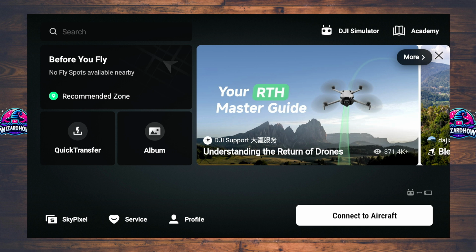Now I assume that you already powered on your controller RC2. Now what we are going to do is, from the main landing screen of this DJI Fly app, tap the profile button at the bottom of the screen. So this is basically the DJI Fly app, so you can follow along also on your mobile phone. So profile,